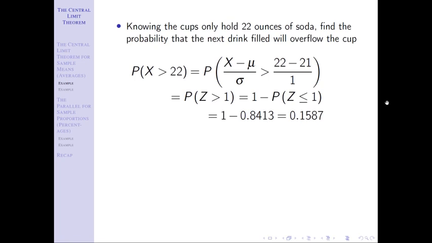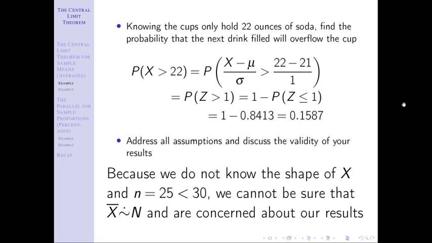But I would say we have some concern for our results, right? Remember we said at the beginning, x bar is approximately normal only if x is fairly symmetric. Do we know if x is symmetric? I mean, maybe not, but the problem doesn't tell us. I'm no expert in how soda machines work. Maybe you are, and you could talk about that, but that's not a common knowledge thing. So I'm going to say, because we don't know the shape of x and our sample size isn't overly big, we can't really be sure that we have that normality, which means we have to be a little bit concerned about our results. We went to a normal table, but we don't know if we have normality with the variable that we use to get all the numbers.